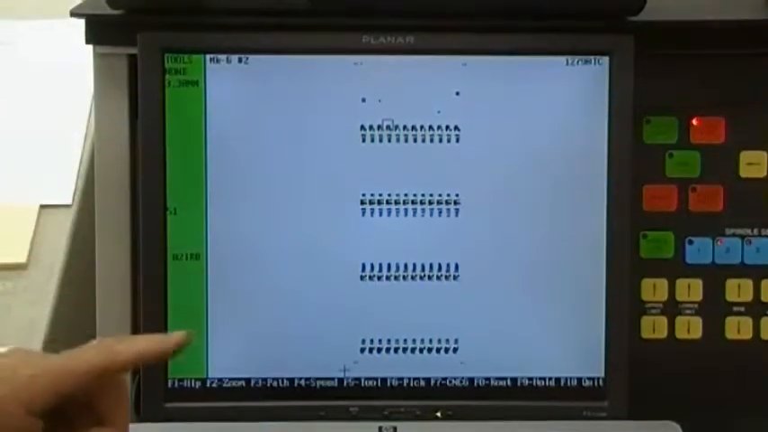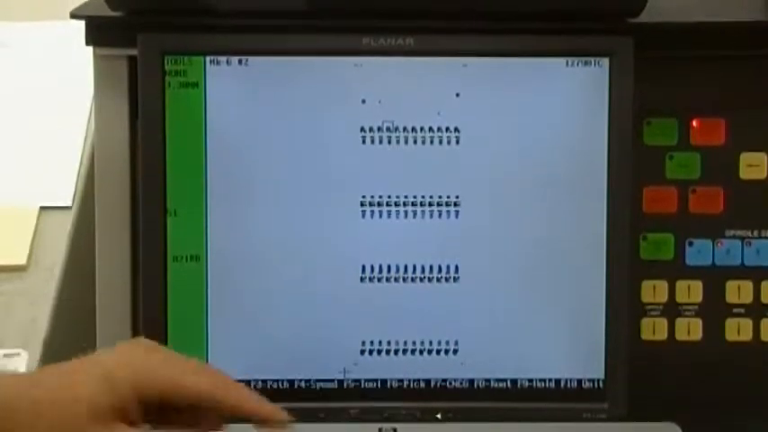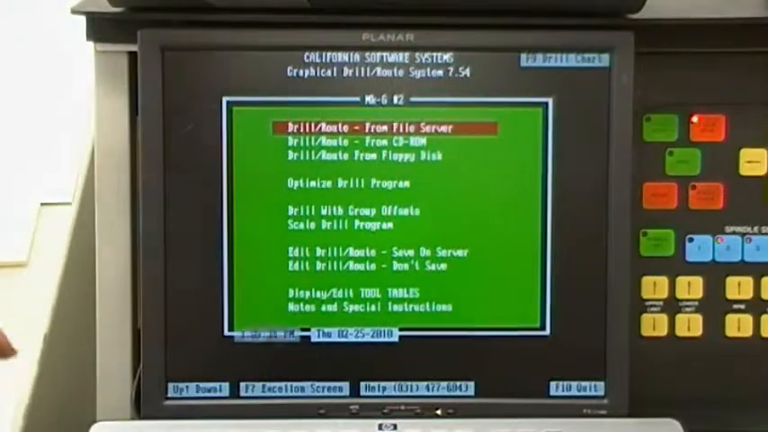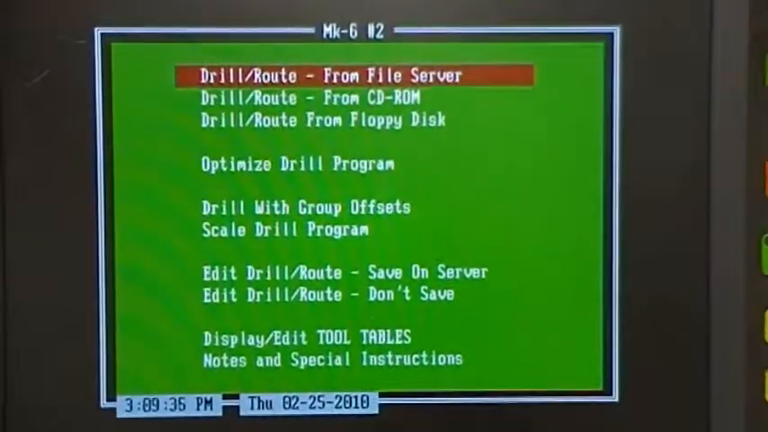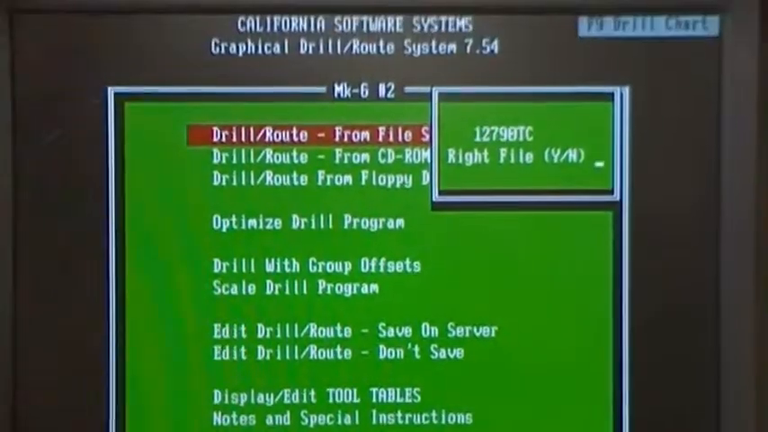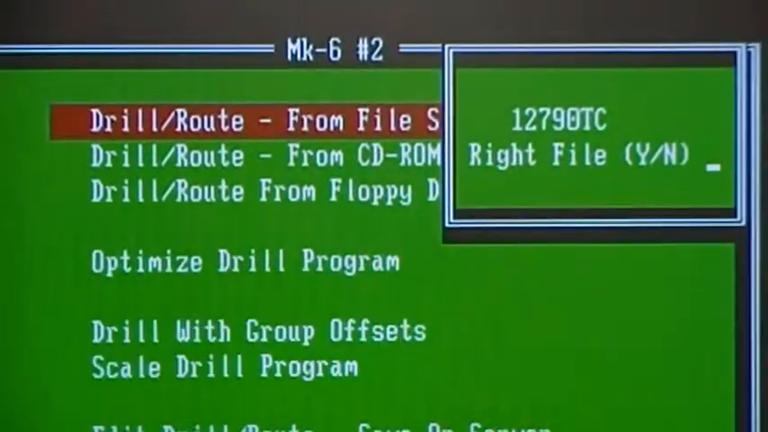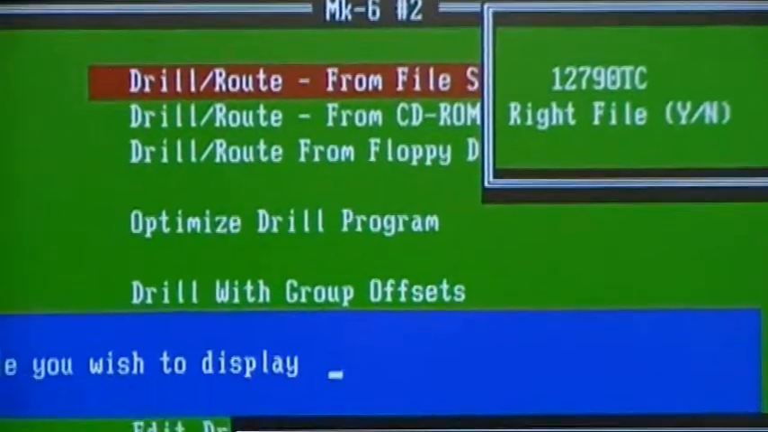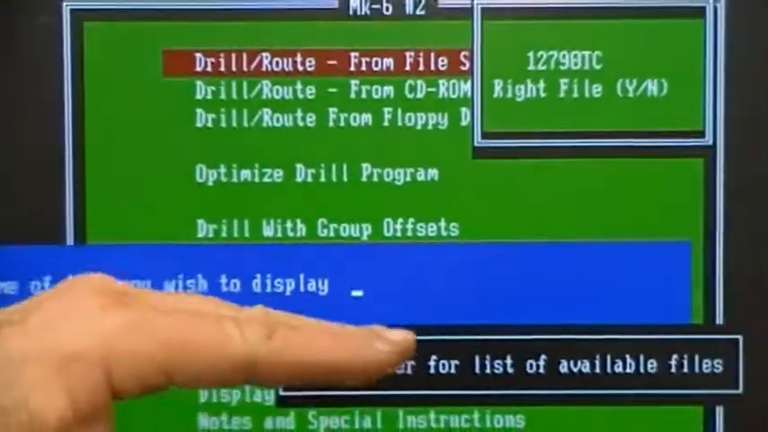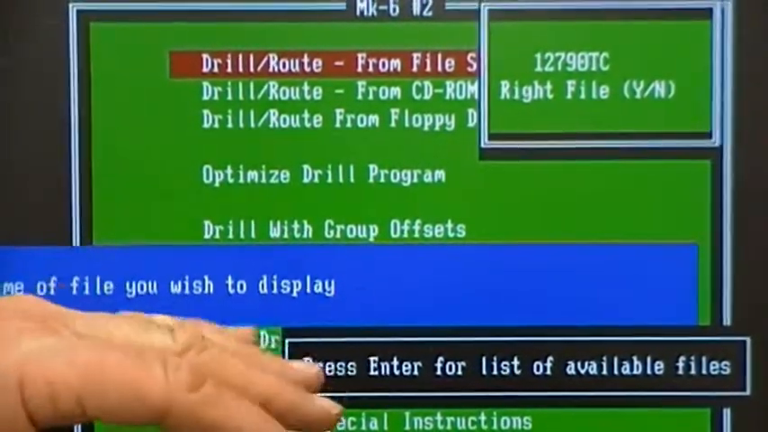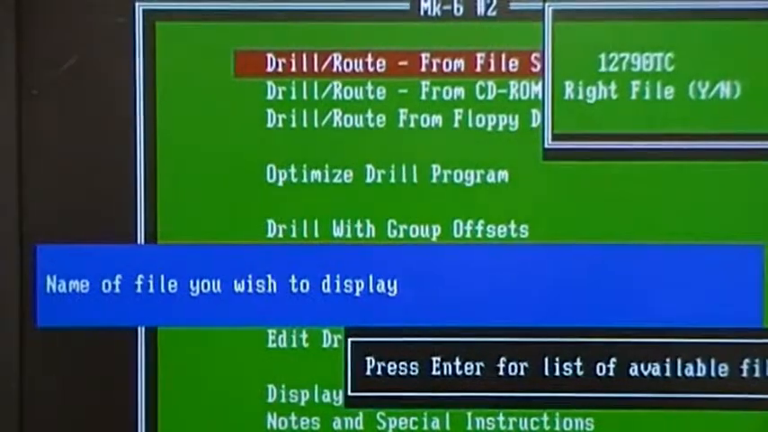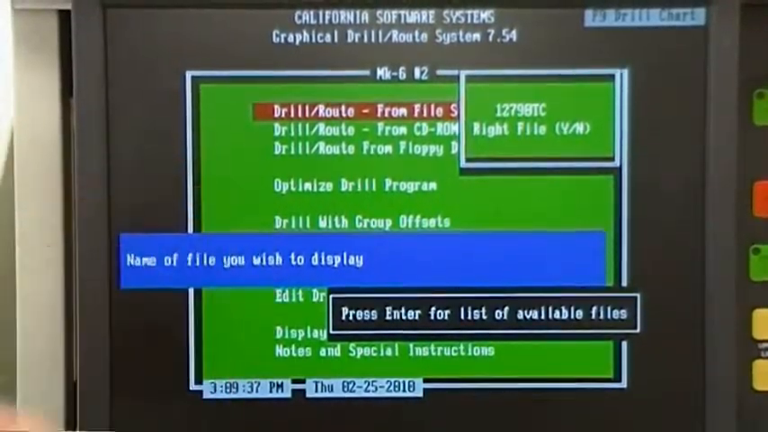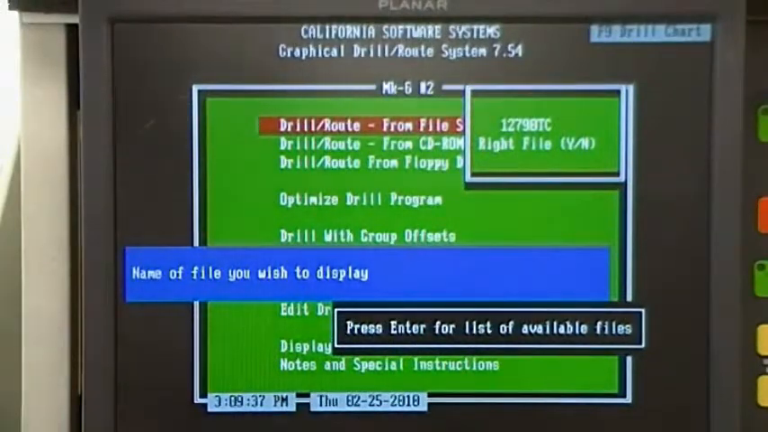Okay, now, if we want to do another job, I'm going to go back to the main menu. And again, when I hit enter, that's the job I have. Let's say that's not what I want to run, so I tell it no. Now, if you know the name of the file, the drill or route file, you can simply type it in on the keyboard. If you don't know, or if you think you know it and the computer keeps saying it's not there, if you press enter,